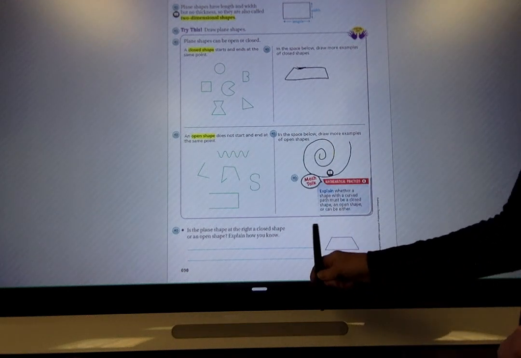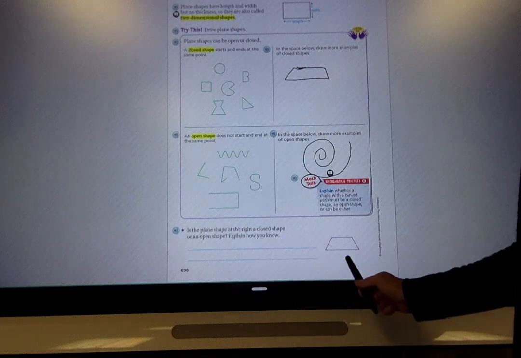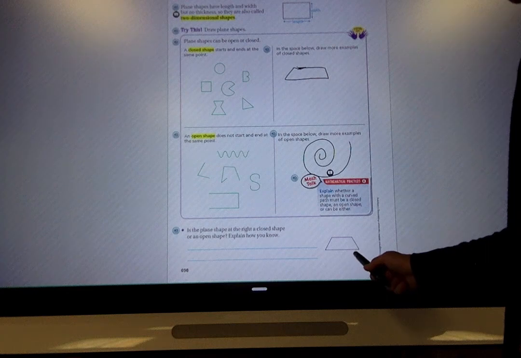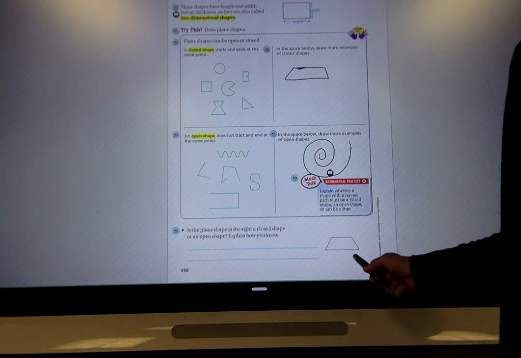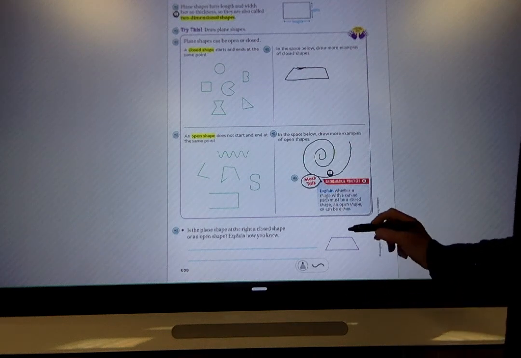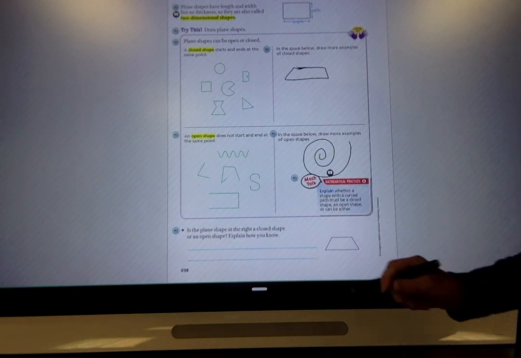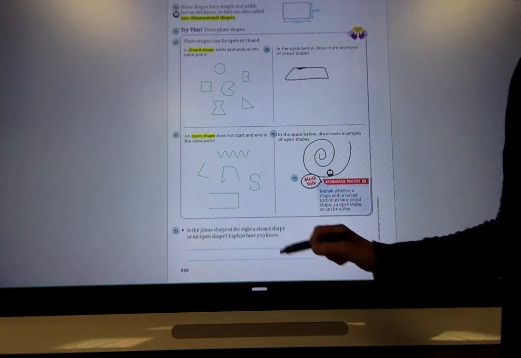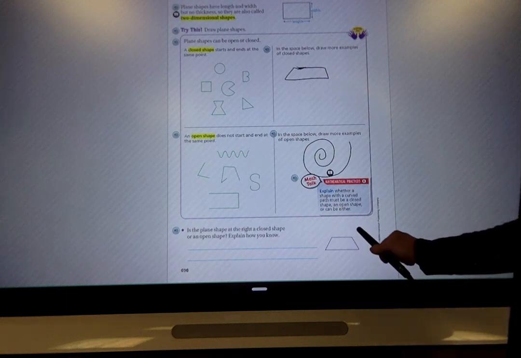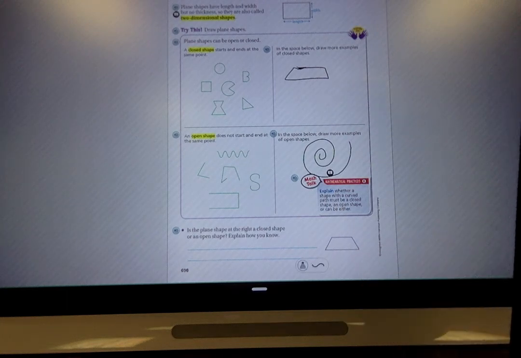Okay. Now, look at the question at the bottom. Here's the shape that I drew up here, only it's much better here. Is the plane shape at the right a closed shape or an open shape? I'm going to say it's closed, but it says explain how you know. How do I know? All the endpoints connect to each other. It's connected all the way around. There are no open spaces. So